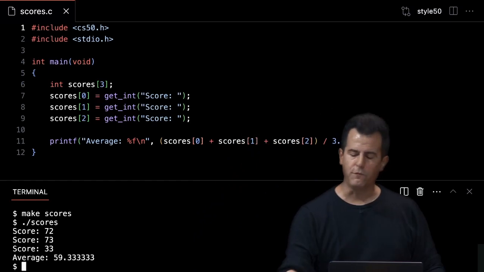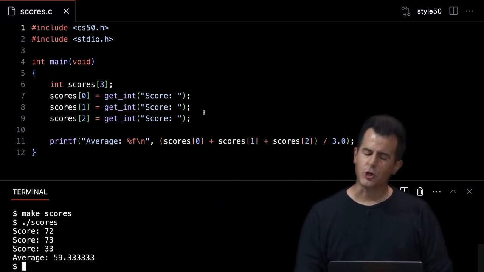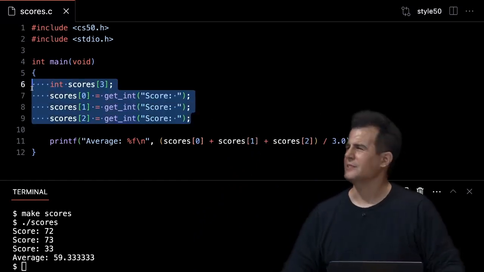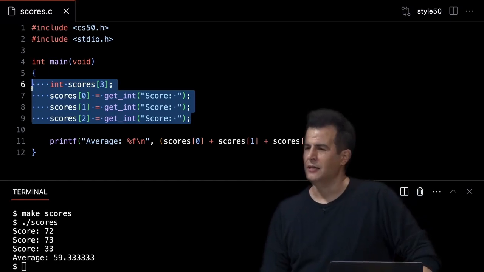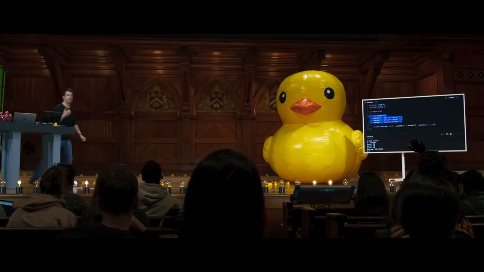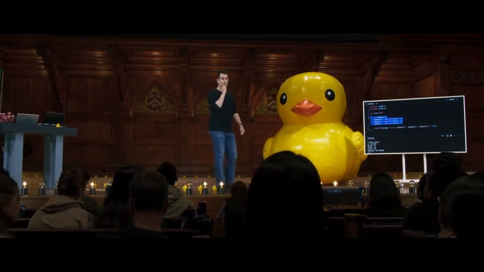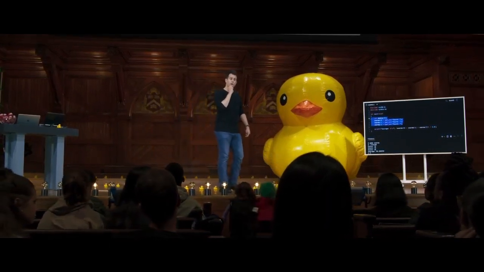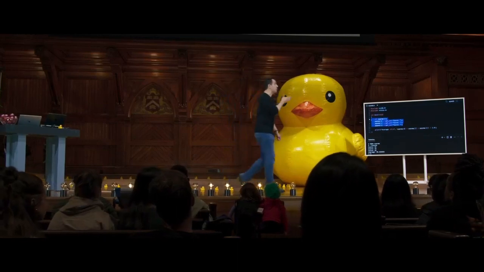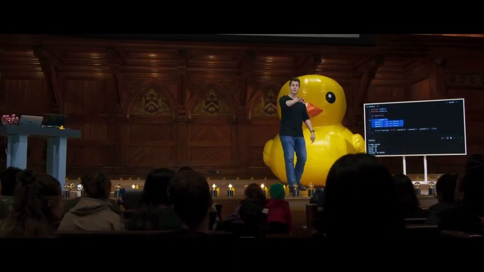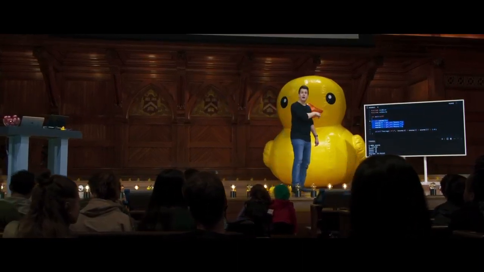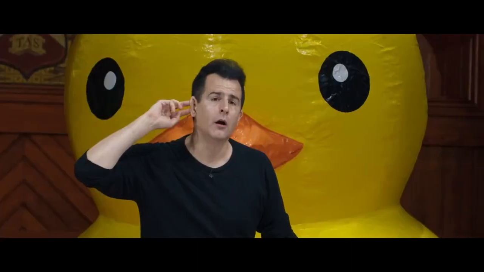Now, this too hopefully should rub you the wrong way. This is correct, I would claim, but bad design still. Sort of reeks of week 0 inefficiencies. OK, so I could ask the human, how many scores do you want to input? Let's come back to that. But I think even in this construct, what better could I do?